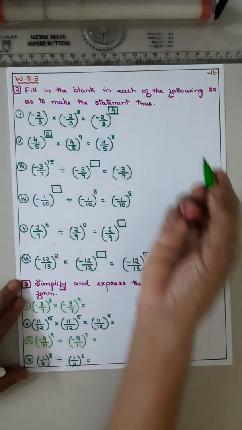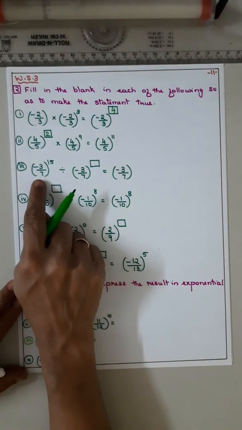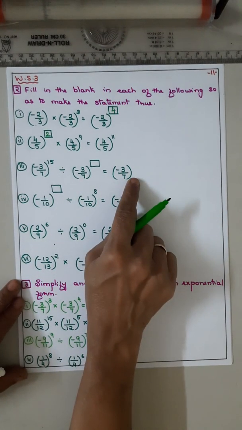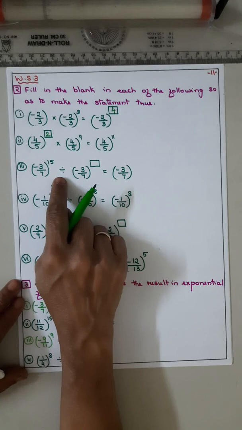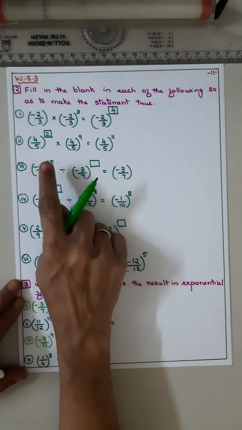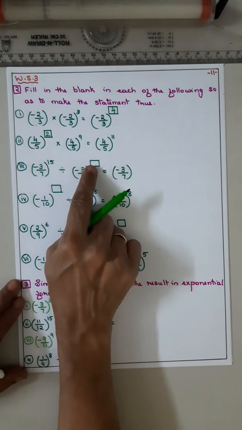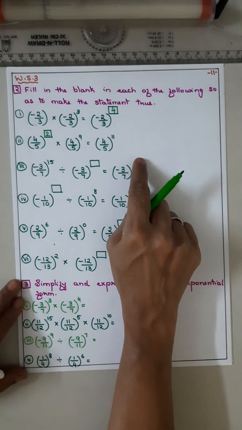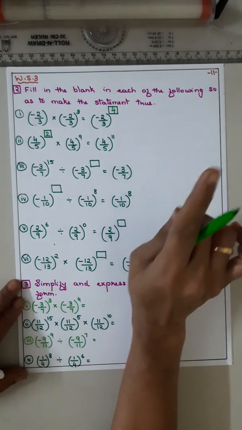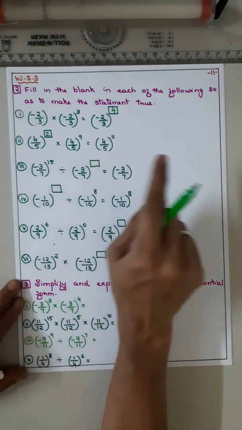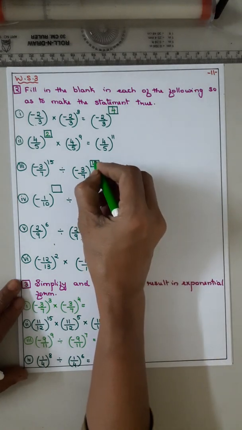9 plus 2. Now here (-3/7), the base (-3/7), (-3/7). In between it is division sign. So we have to subtract the powers, isn't it? 15 minus how much? Now here nothing is given, means what? Here it is 1. When the power is not given, it is understood it is 1. Remember, power not written means 1. So 15 minus how much is 1? 15 minus 14.